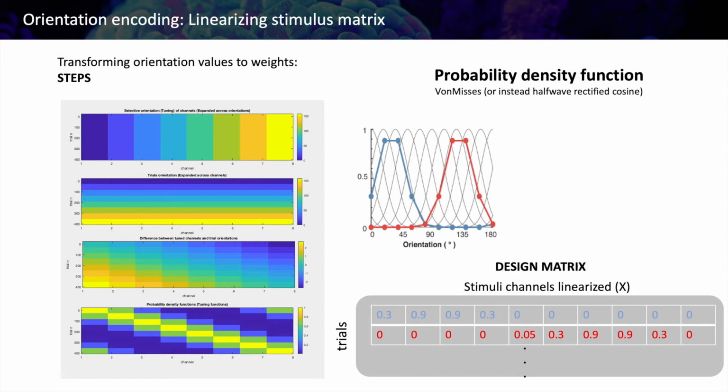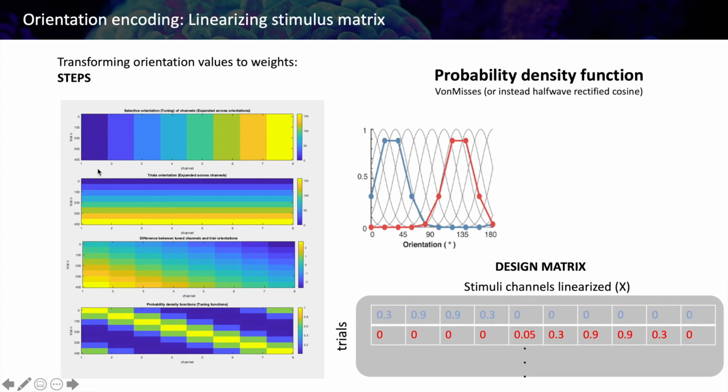and it's in the design BH function. What it's doing is, first, we create some predefined channels. We can have as many channels as we want, dividing from 0 degrees to 180 degrees, okay? In this case, we have 8 channels. Each one of the values on the x-axis is one channel. This one will be probably 0 degrees. This one will be centered at 20 degrees. This one 40 degrees, okay? And here we have the trials. We have expanded this matrix to have as many rows as trials we have in our dataset, okay? So this is our channels template.